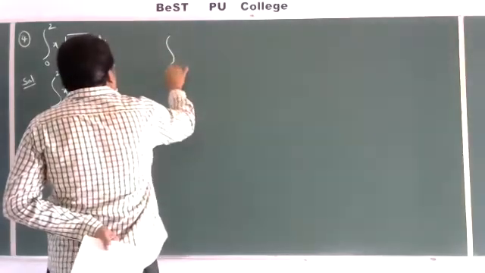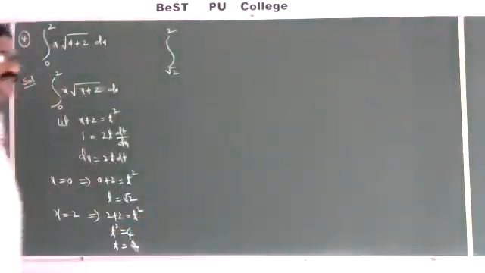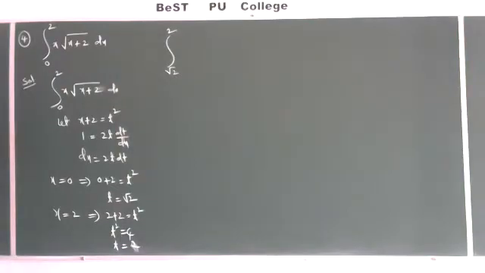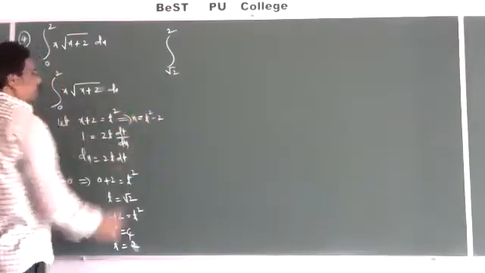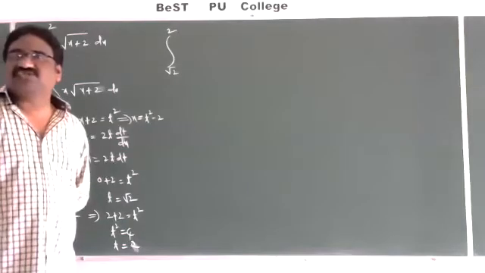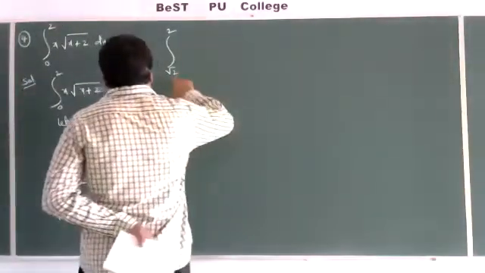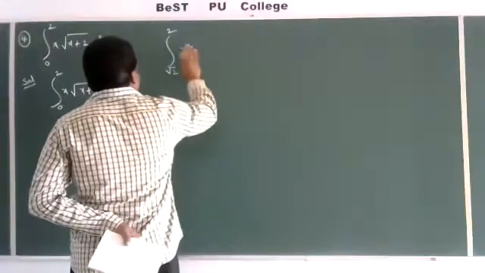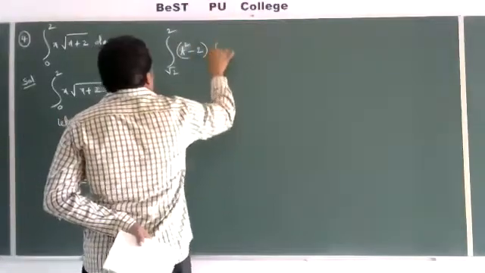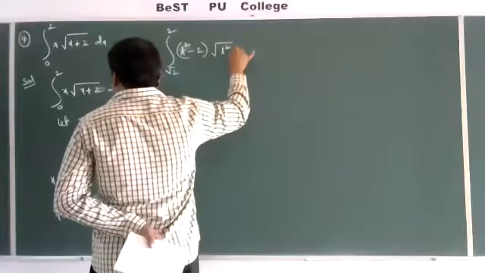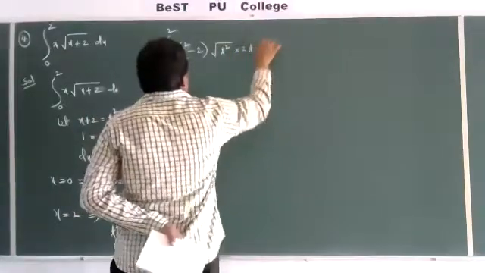So then substitute the values here. That is integral root 2 to 2, the limits change from root 2 to 2. Here x is equal to t square minus 2. That is integral root 2 to 2 of t square minus 2 into root of t square, and here dx is equal to 2t dt.